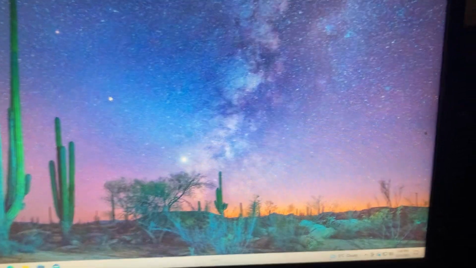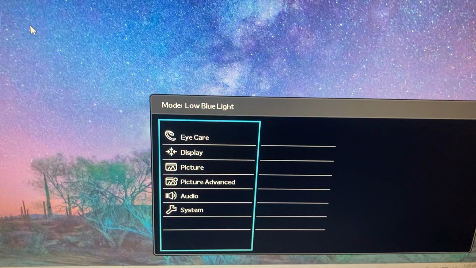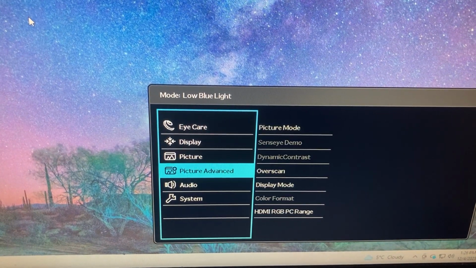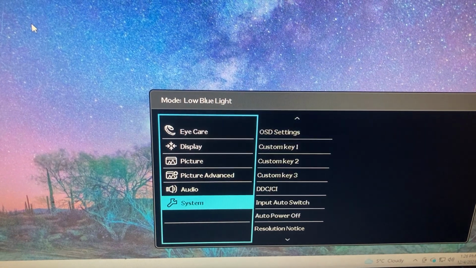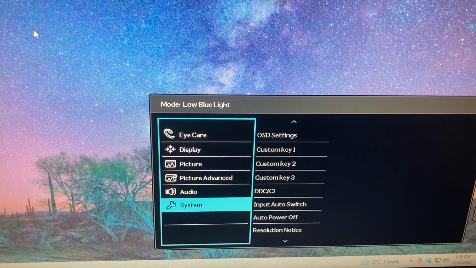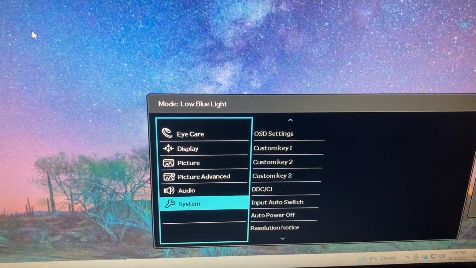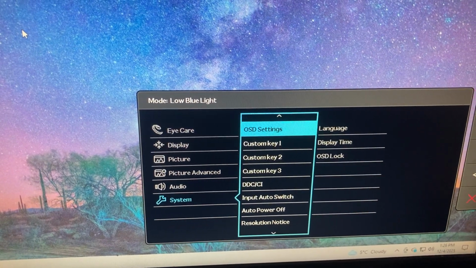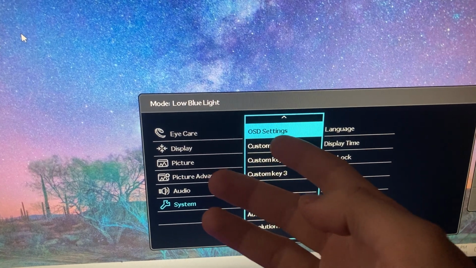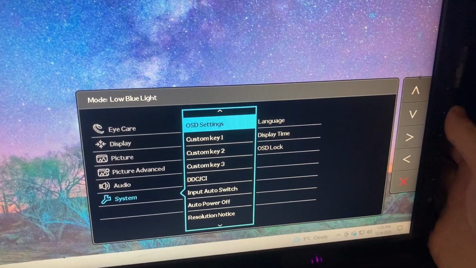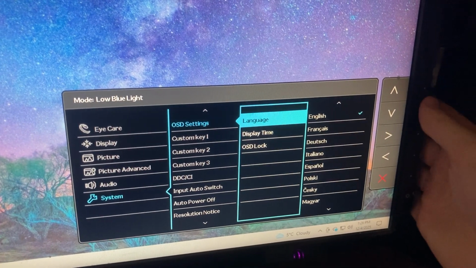So what you'll need to do is basically go right here to the menu, select the second button, then click on the menu and scroll down until you see system, or sorry, not the system. Let me find that setting. Okay, system, and basically go to the OSD settings and you'll see the language right here, and you will be